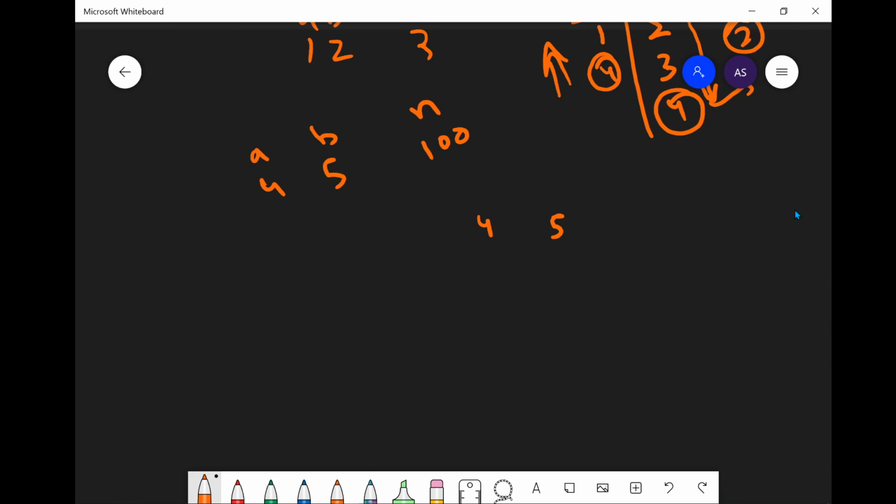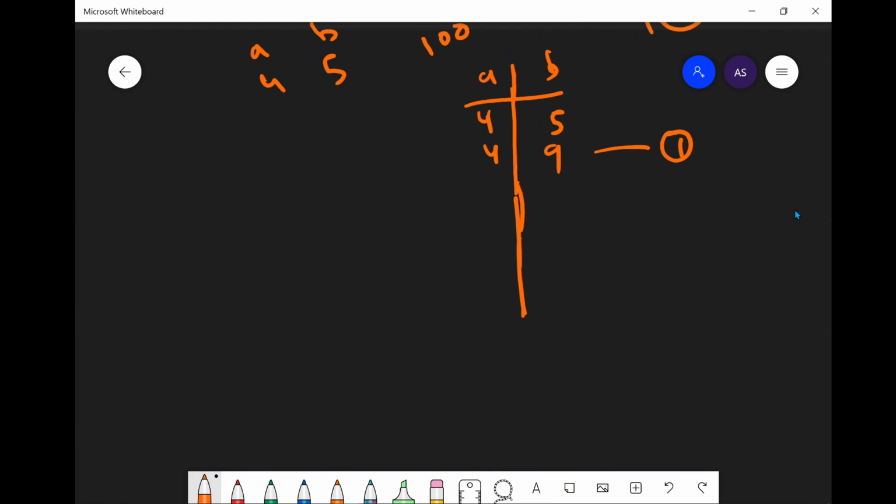Okay, so let's start. Basically what we are going to do at every step is add the maximum value to the minimum value. So this is A, this is B. So 4 is minimum, we will add 4 to 5, it will be 9, 4 remains the same. We have done one operation. Then here 4 is minimum. Oh no, I went wrong. We would be adding the maximum to the minimum. So here it would be 9 and here it would be 5.